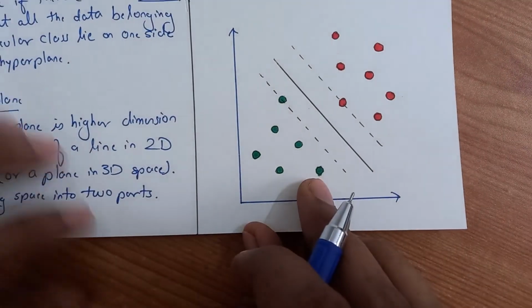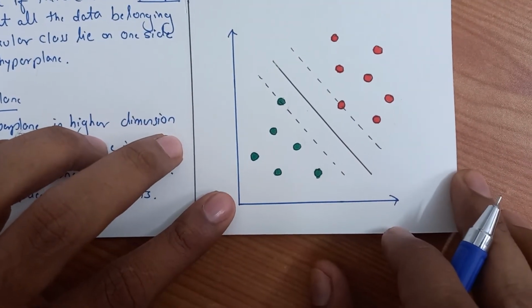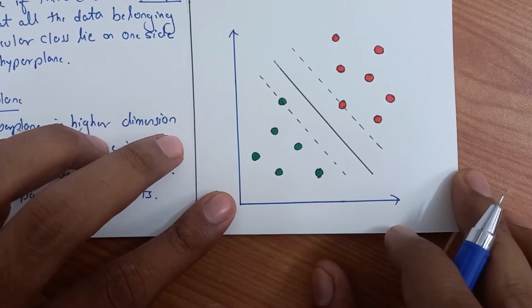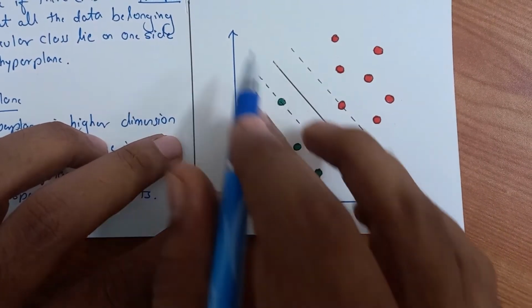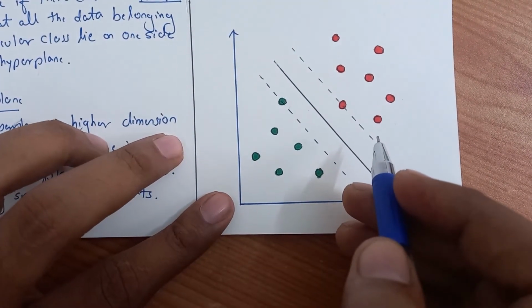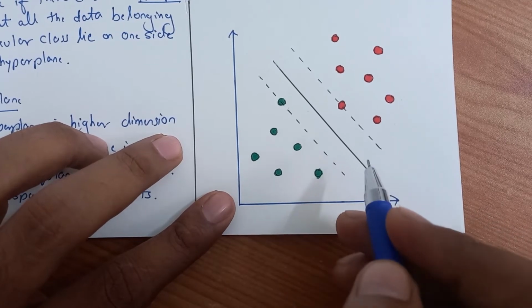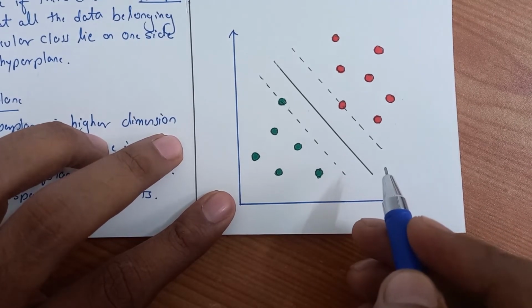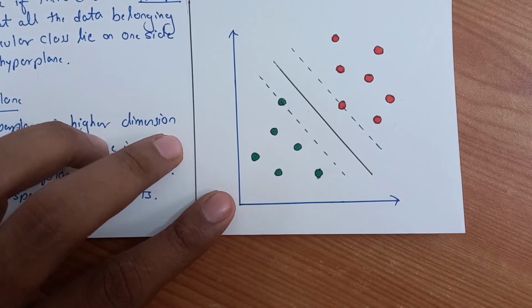Okay, now look at this graph. You all can see this is what we have proposed here, and on both the sides we have got the dotted lines. You all can see here on the negative side also, on the positive side also. That's what we call margin. So margin of a hyperplane with respect to a data set is the distance of the closest point in the data set to the hyperplane.